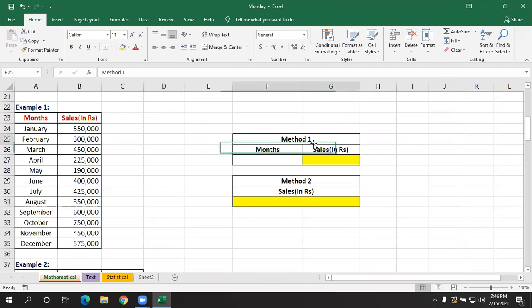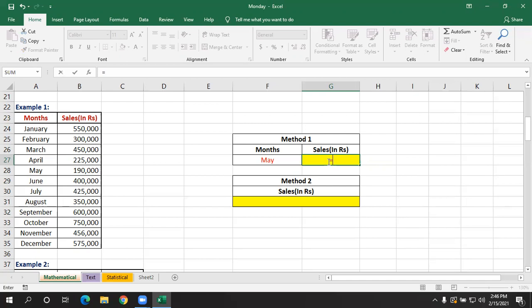Here I have given method 1 and method 2. In method 1, I'll specify a month name. Let's say I want to know the sales of the month of May. Now I'll click here. First I'll give equals. If you want to perform a sum without any condition, just use SUM.